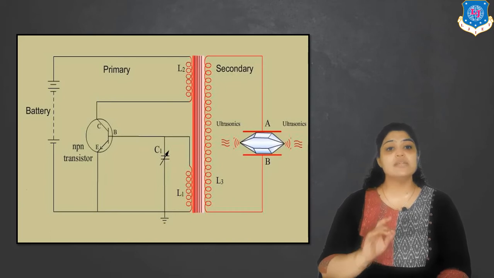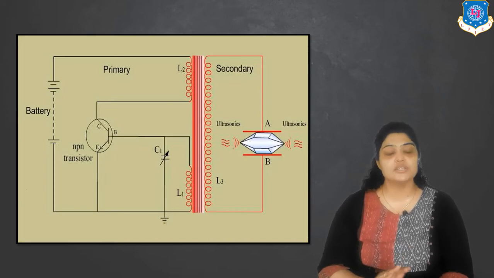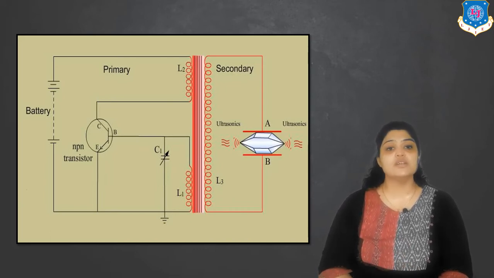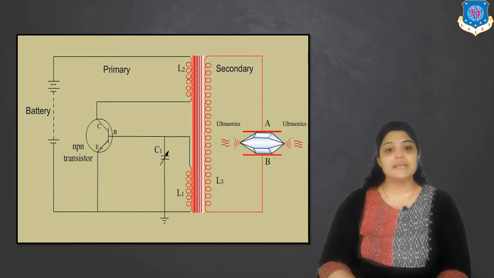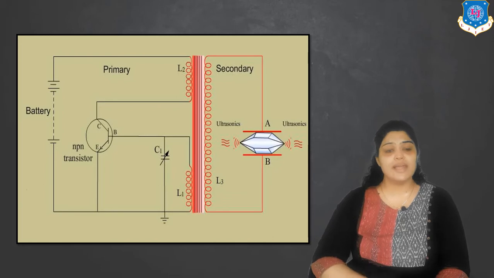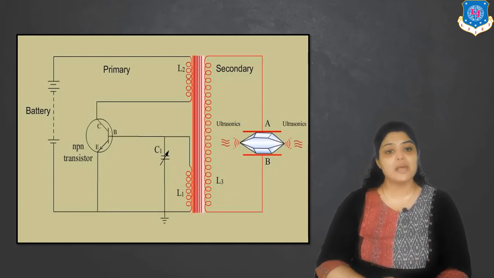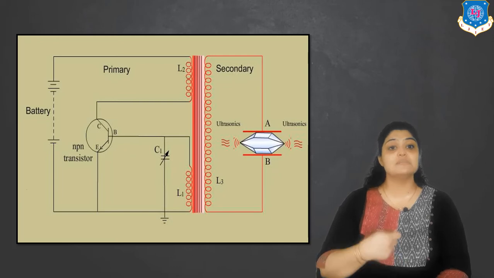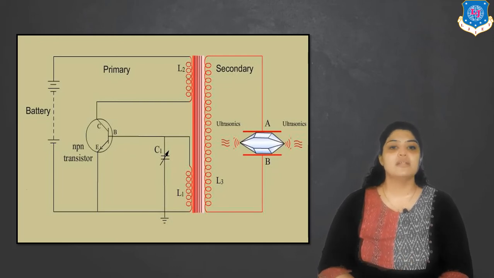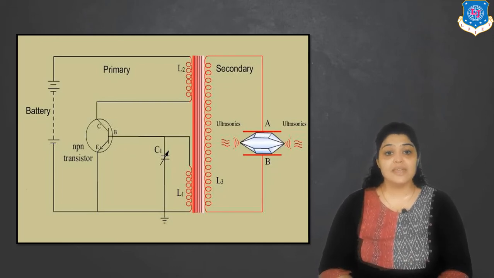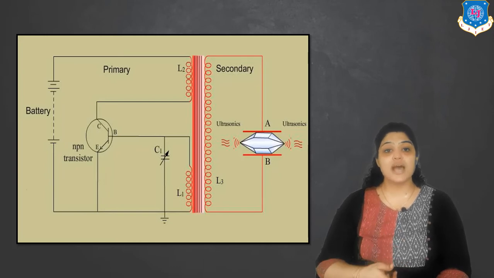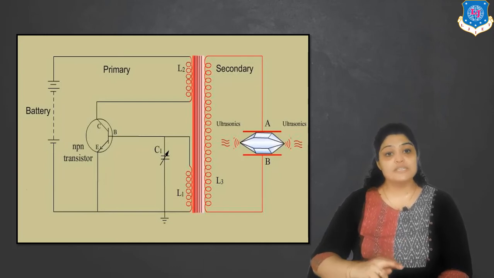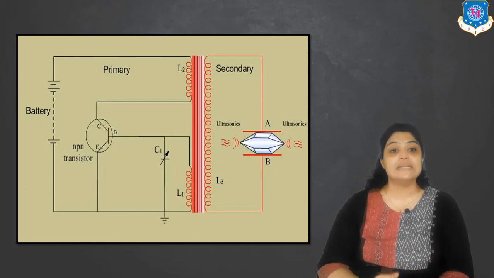Now this will continue till the capacitor is fully charged. Once the capacitor fully charges, it starts discharging through the coil L1. If the capacitor starts discharging through the coil L1, that means its upper plate becomes negative. The same is replicated on the secondary, that means the metal plate A becomes negative. Getting it? So this is how A was positive, then negative, again positive, again negative, and this is how alternating